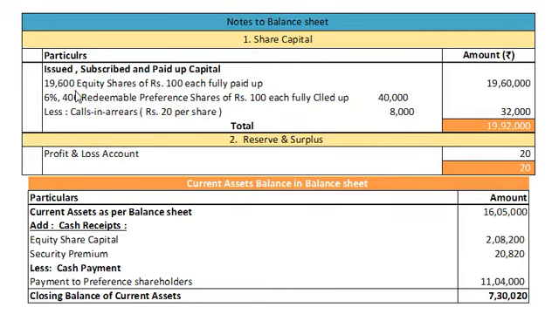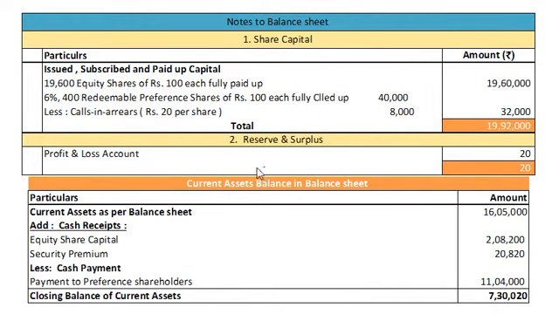Again, 10,000 existing equity shares plus 2,082 new equity shares issued by the company plus bonus shares issued to the existing equity shareholders out of capital redemption reserve. So total 19,60,000. Then we have 6% 400 redeemable preference shares of rupees 100 each fully called up, minus calls in arrears rupees 20 per share, amount rupees 8,000, total 32,000. So finally our share capital amounts to 19,92,000. Then reserve and surplus.